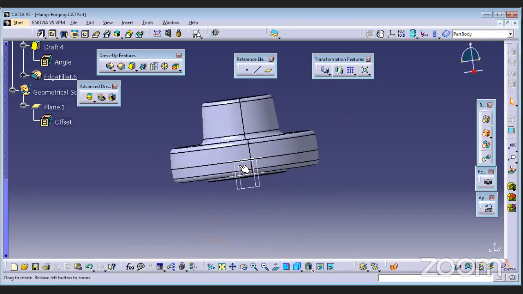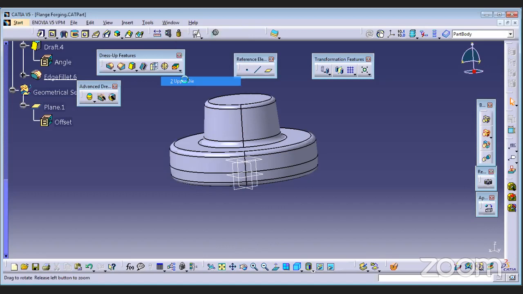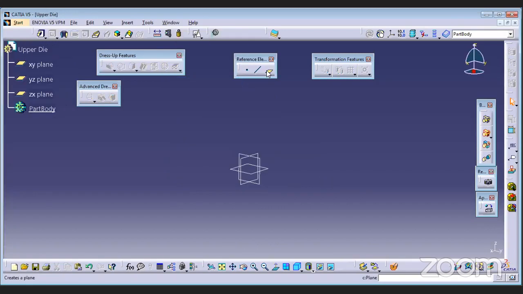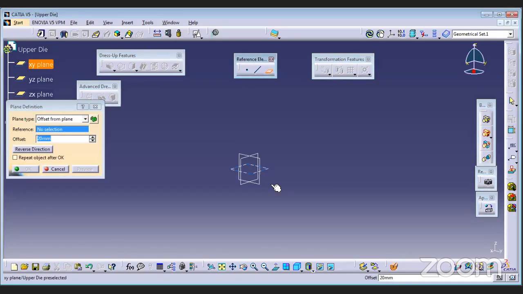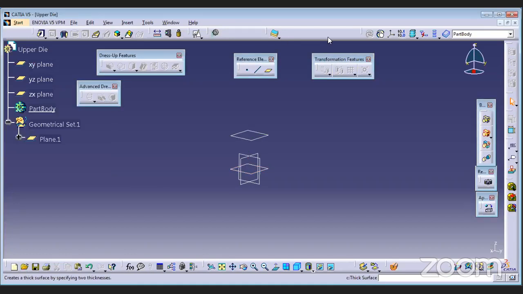But we want dies here should start from this parting plane. Below this parting plane, there is the lower die. Above this parting plane, there is the upper die, right? So I will go for die creation and first create a plane again at 20 mm, and I will create